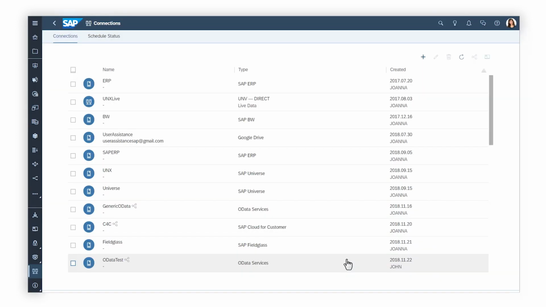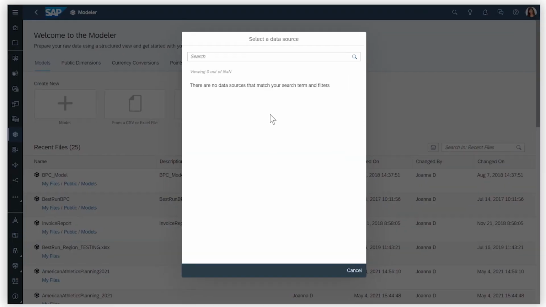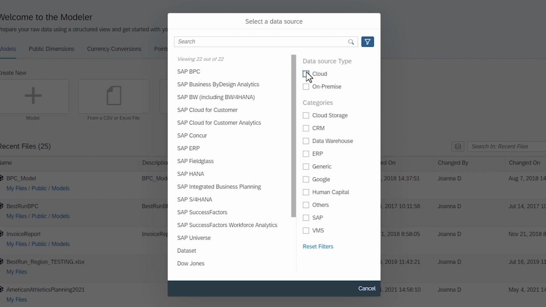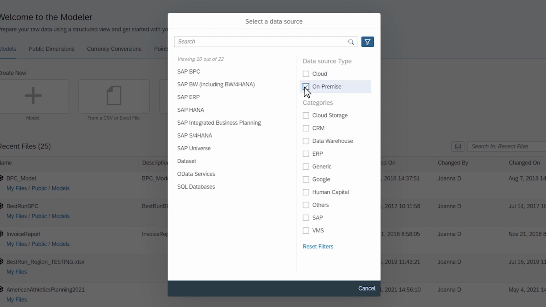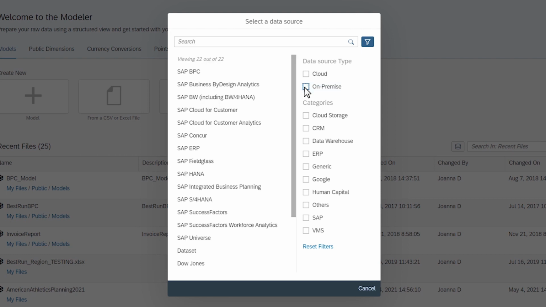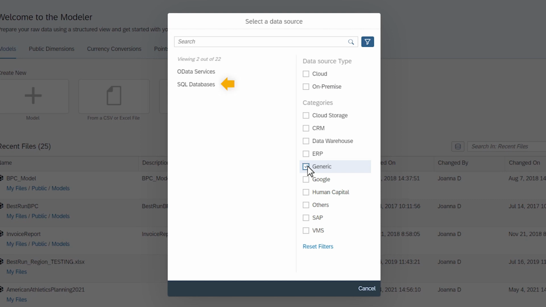or during the process of creating a model or dataset. Both cloud and on-premise options are available to choose from. Keep in mind that a few source types, such as SAP BPC and SAP ERP, can't be used when creating datasets. If your specific data source isn't available, SQL and OData options can be used to connect to a wide